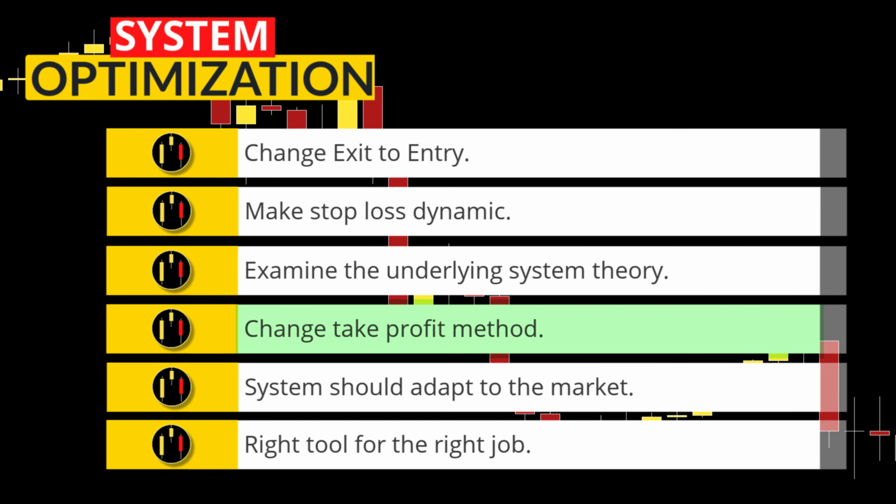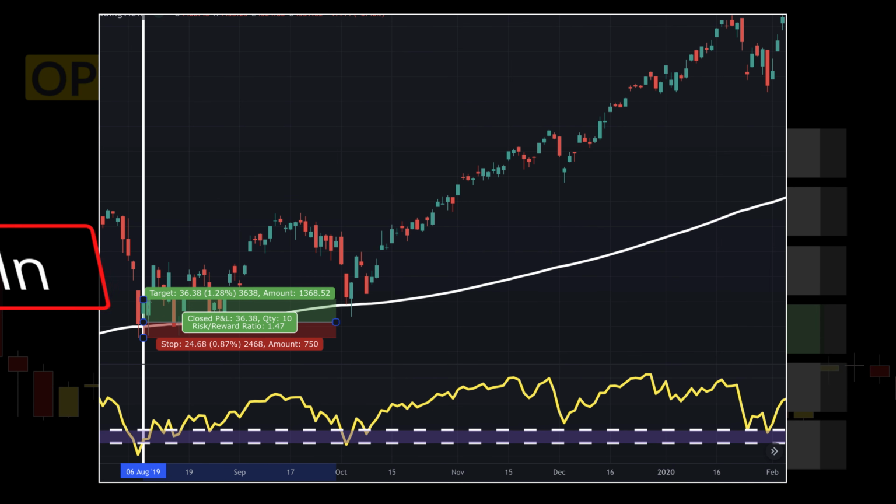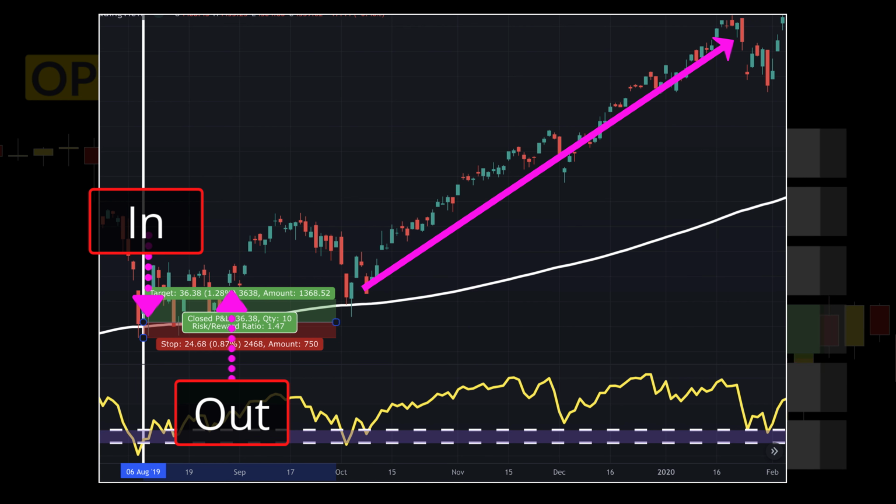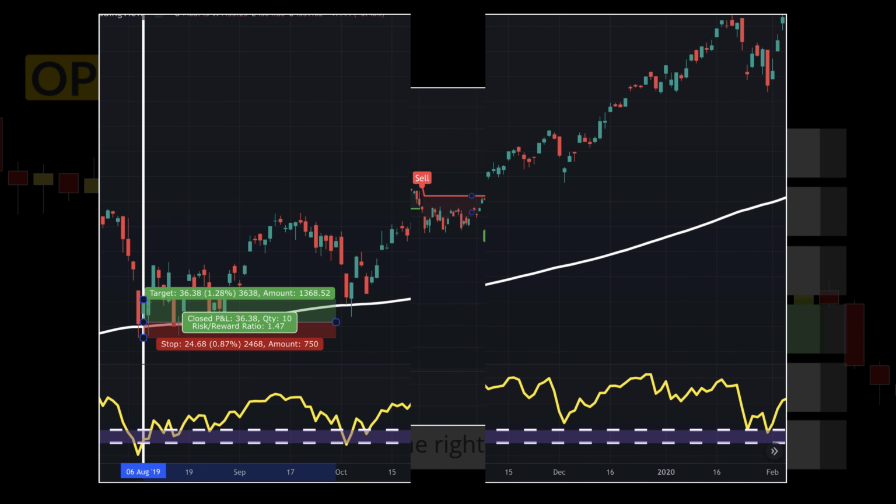Furthermore, getting out after 10 candles or after the RSI goes to 40 is absurd. You can see that this system causes you to miss this entire move. Putting a trailing stop here or even a fixed risk versus reward would have yielded you tremendous profits.